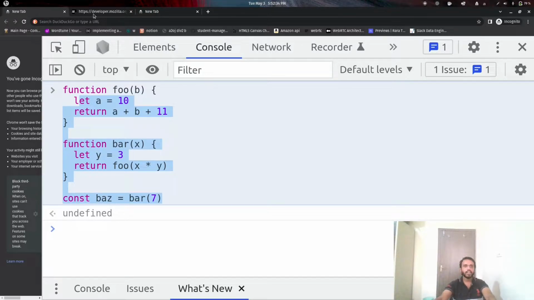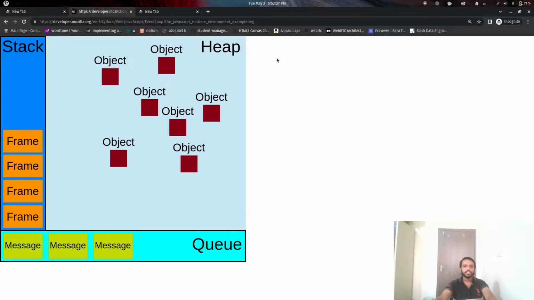Firstly, I want to show you a picture that represents the memory assigned to a JavaScript program when it is going to be interpreted. We have a stack segment, a heap segment and a queue segment. You will notice that stack and heap are common in other languages, but this queue is something new in JavaScript, which makes JavaScript perform asynchronous operations and behave like a concurrent application. Let's understand each of the segments in depth.